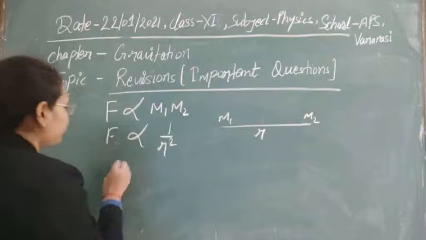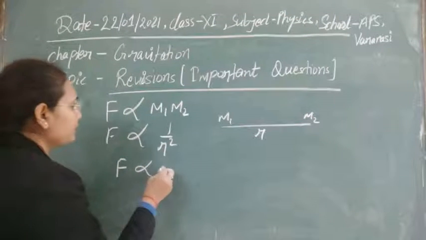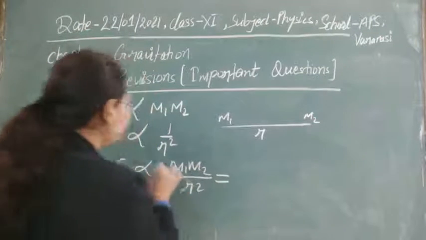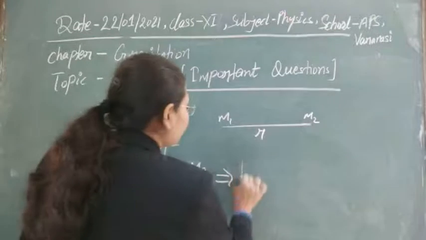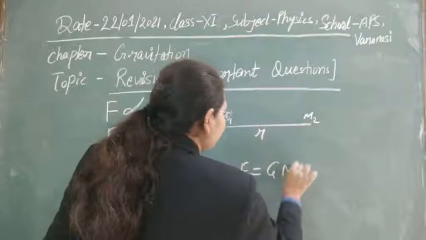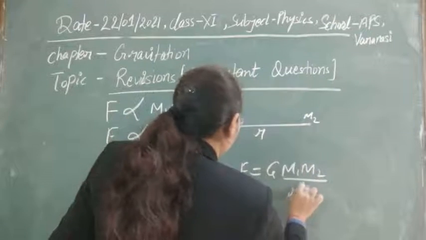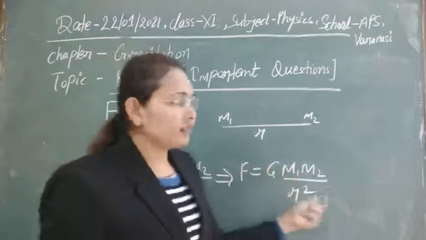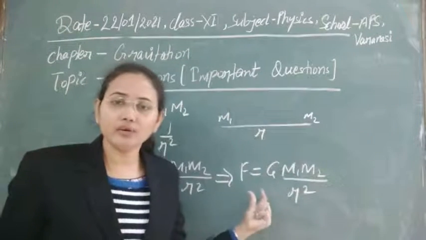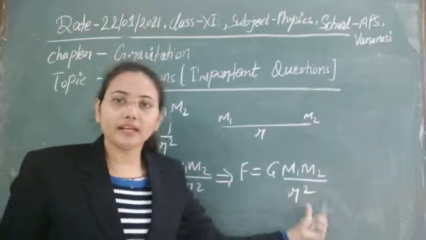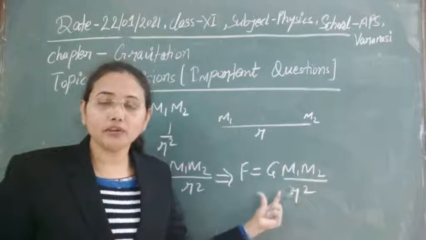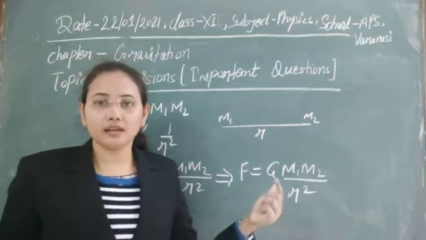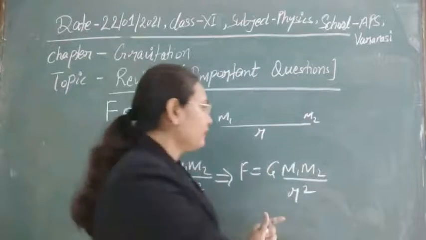So if we write it, then we get F is directly proportional to m1 m2 upon r square. If you remove the proportionality sign, then F is equal to G m1 m2 upon r square. So this is the gravitational force that we have. And you know that force is a vector quantity, so we can write this force in vector form. This is the magnitude of force that we are talking about. And if we are talking about the gravitational force in magnitude as well as in direction, then at that time